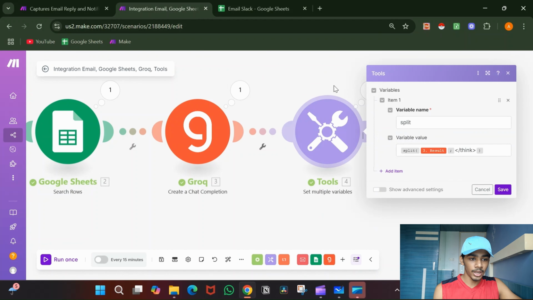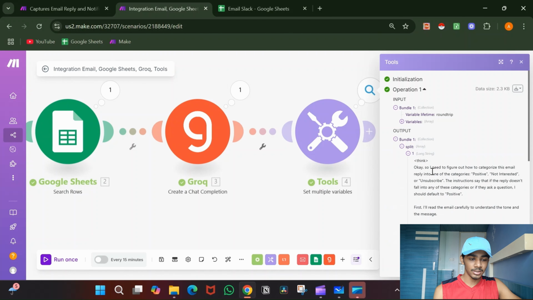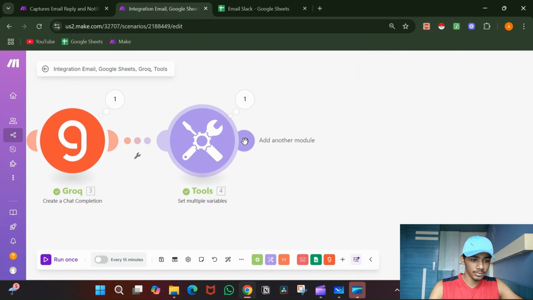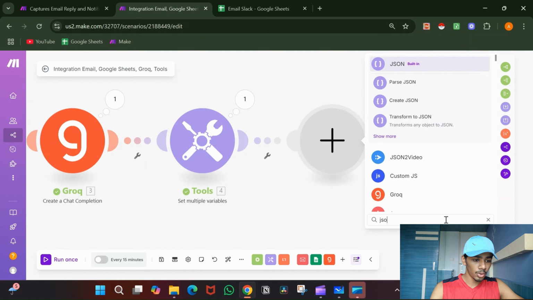So when I do the split function, it converts that into two different things. You see it's an array and it has two different things. One is this category positive, and the other is the whole thing where DeepSeek is just talking to itself, which I don't want. So now I will just go and parse the JSON